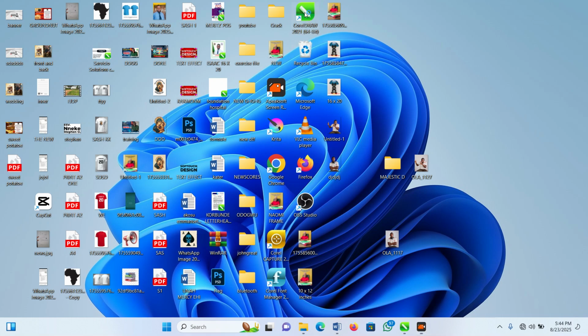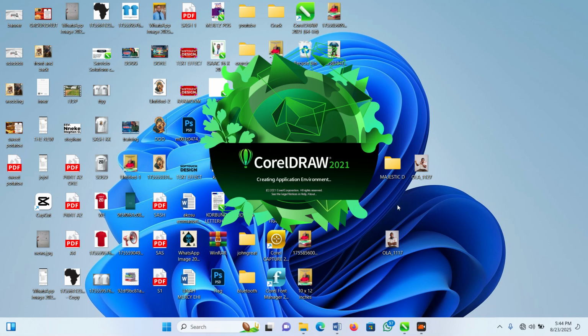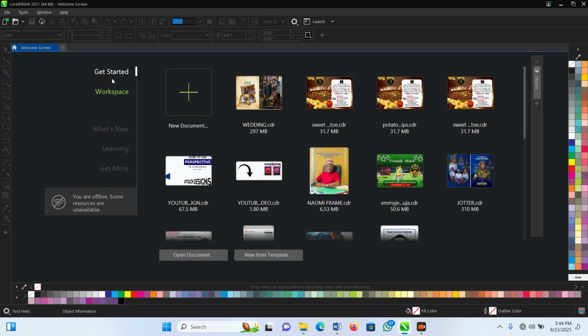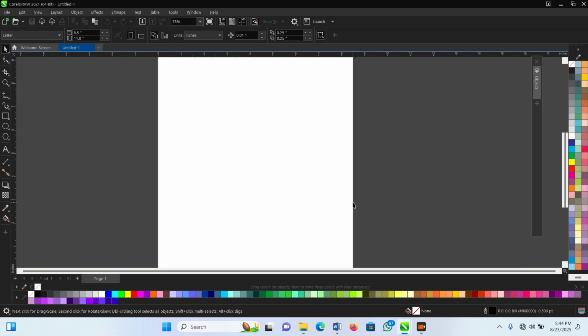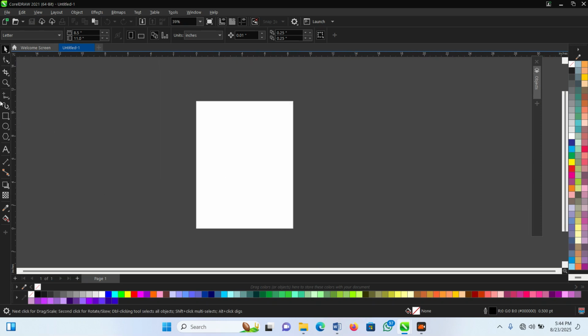Double click here. Your CorelDRAW opens. This is the boot section, creating the application, which is done. Then you see your get started, you see your workspace. This is a new document, and then click on it. Click on OK. This has successfully created the working environment, and as you can see, this is your tool section,